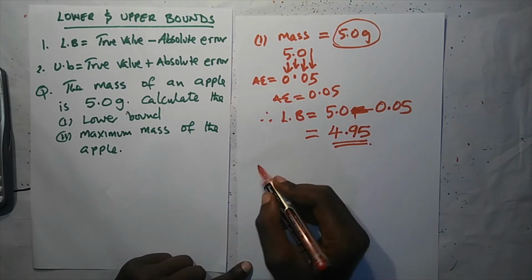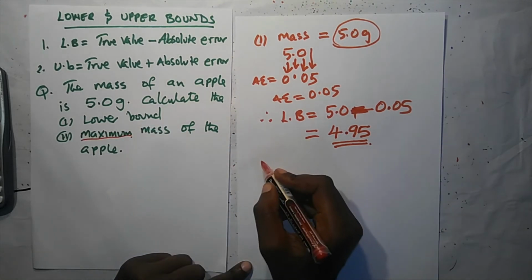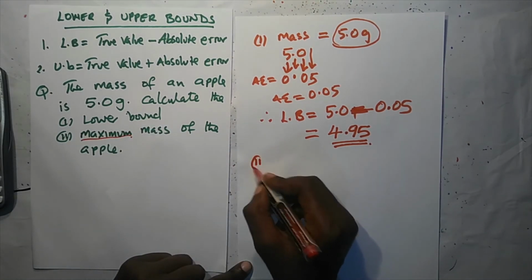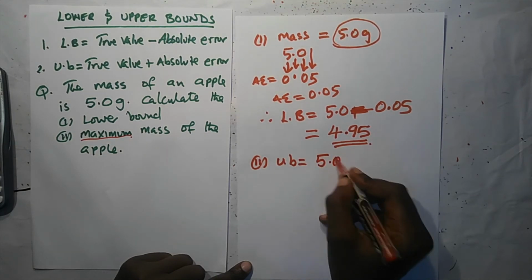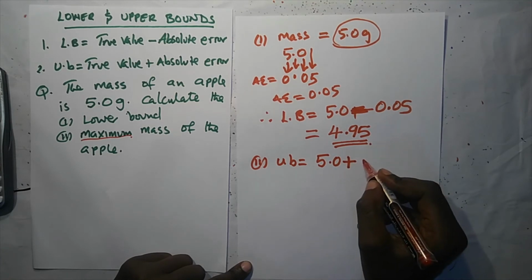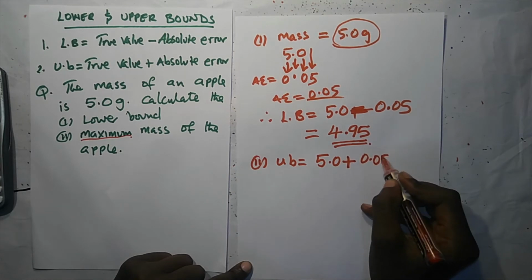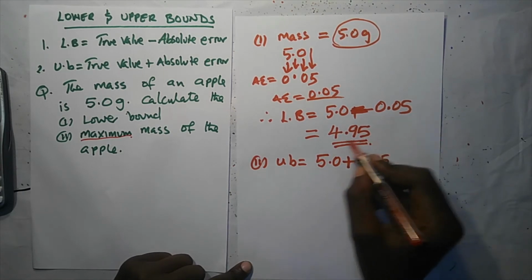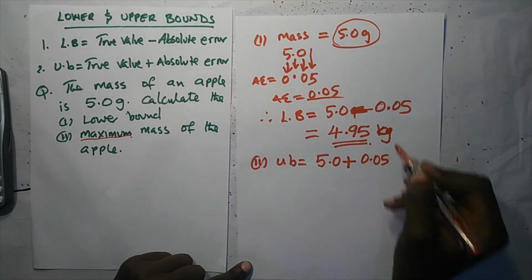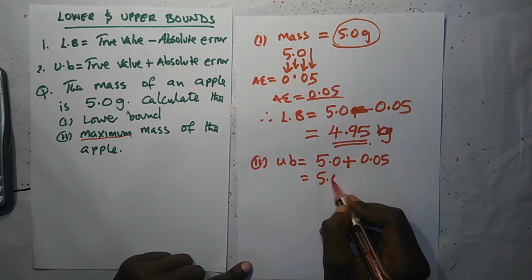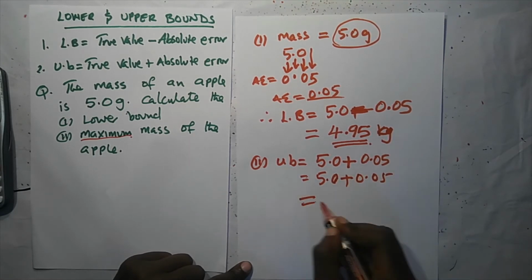The next question says, find the maximum mass of the apple. Since we are talking about the maximum mass, we are talking about the upper bound. The upper bound is found by adding the true value, which is 5.0, plus the absolute error we found, which is 0.05. Remember, the units are the same units that we have, grams. So we have 5.0 plus 0.05, which gives us